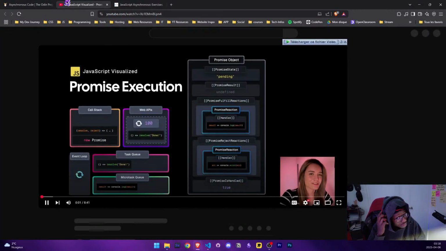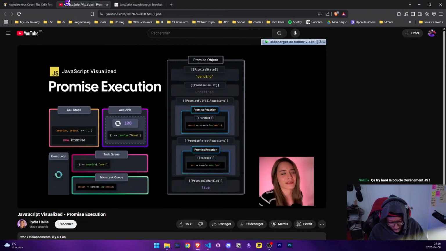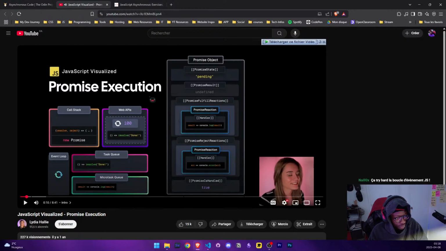Promises in JavaScript are known to be a little daunting, intimidating, annoying, whatever negative thing you want to say about them. But I promise you that once you understand what happens behind the scenes,